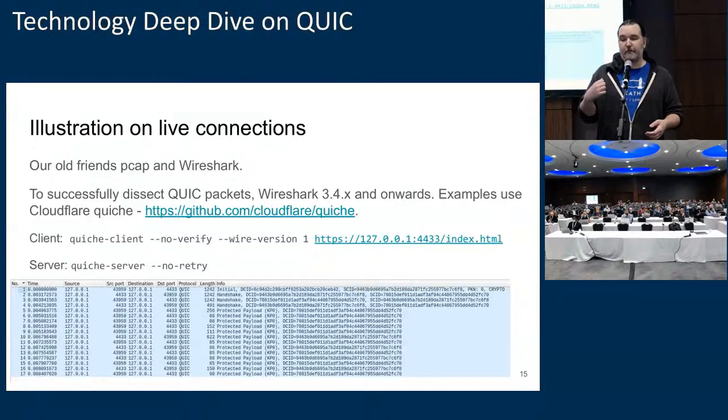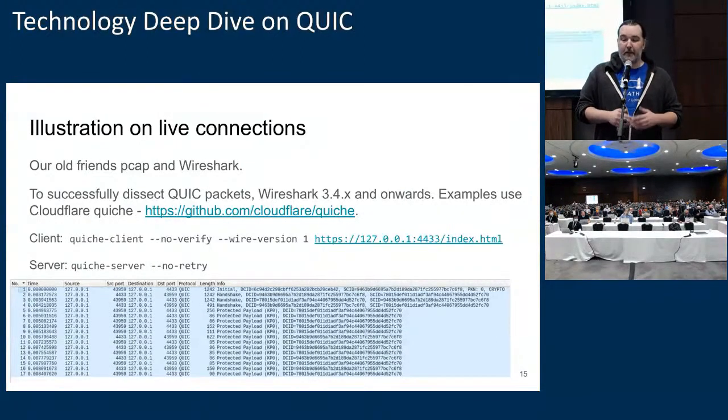We have some example apps in the repo. Pretty much any other client is going to be very similar to this. So if you have a favorite, you could probably recreate these things. But in this example, I have a server running on localhost. These flags effectively minimize the handshake. They just reduce a few steps for clarity. If I didn't have that no retry flag, for instance, it would send an additional message during the handshake. It's all cool, but it's complicated and we don't have the time. So you can kind of ignore those things, but this is just a request on my localhost to